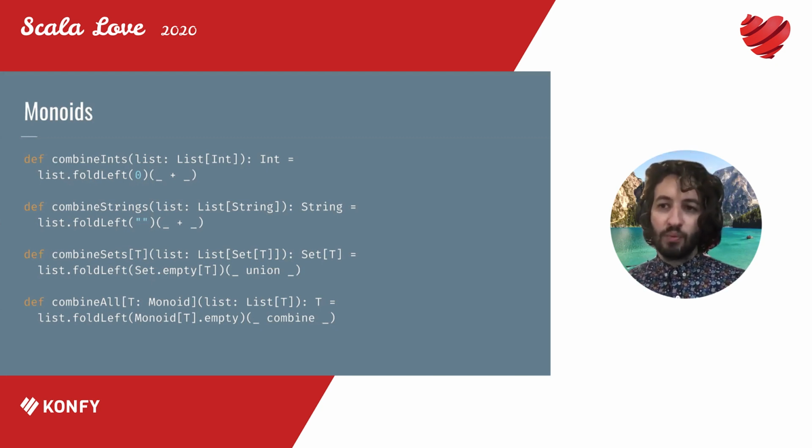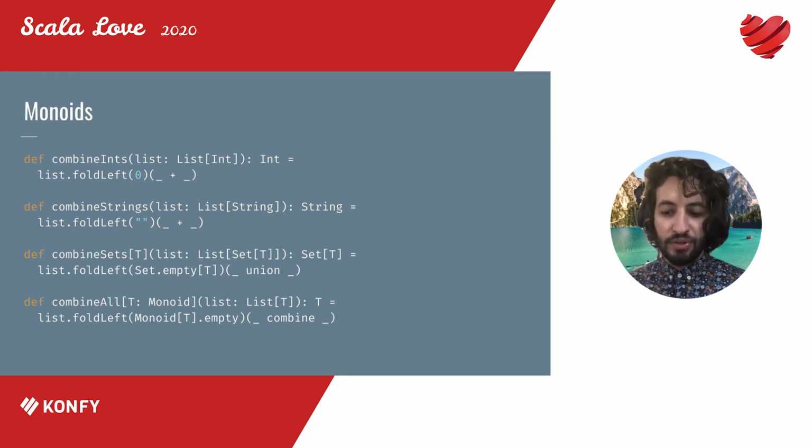And this is really where the power and the usefulness of monoid comes into play, because all of these 3 functions here can be generalized to this combineAll function that is a part of cats. Basically it says here T: Monoid, which says that T has to have a monoid instance in scope. And then we can go from a list of T to a single T simply by combining all of them using the empty method of that monoid as the seed.